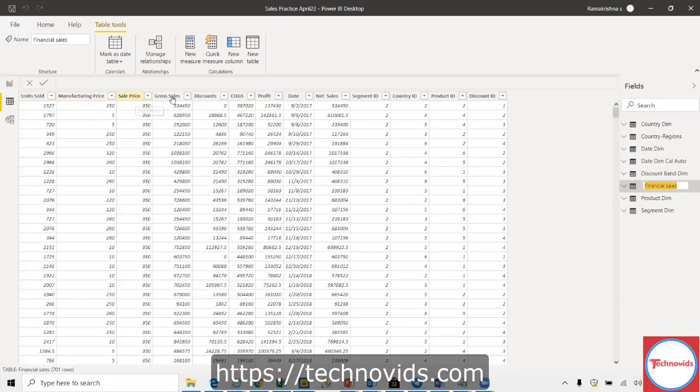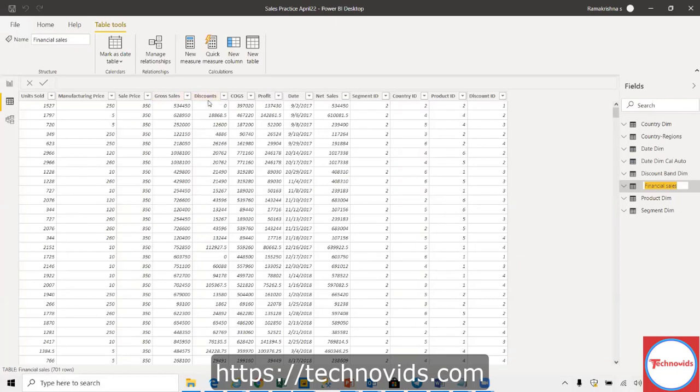There's a sales price, then the gross sales. Since we have units, ideally gross sales should be number of units times the sales price. So this is a redundant column. Even this can be removed. We can calculate it on the fly, or it can be a calculated column. We need not depend on the source at all.